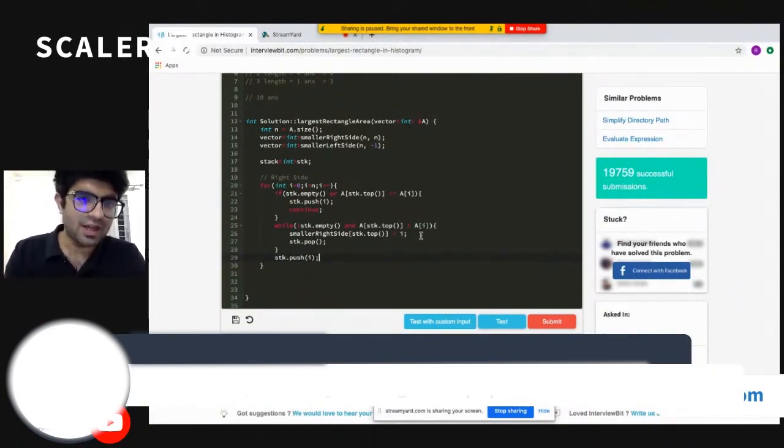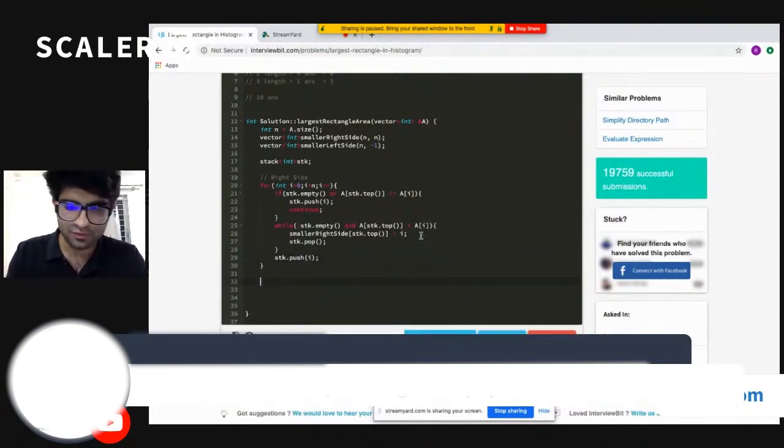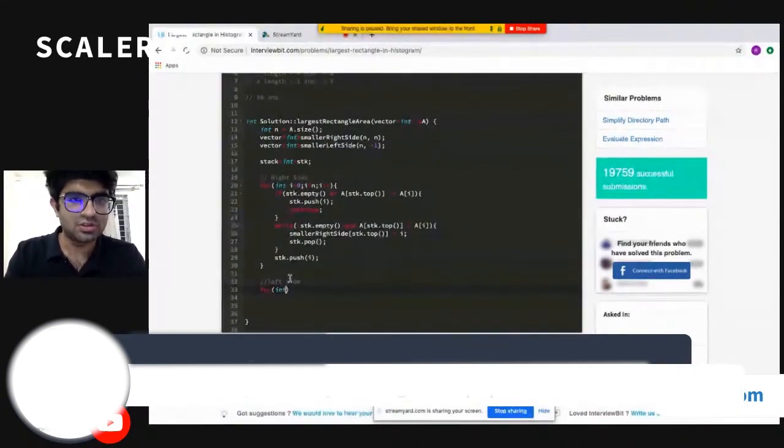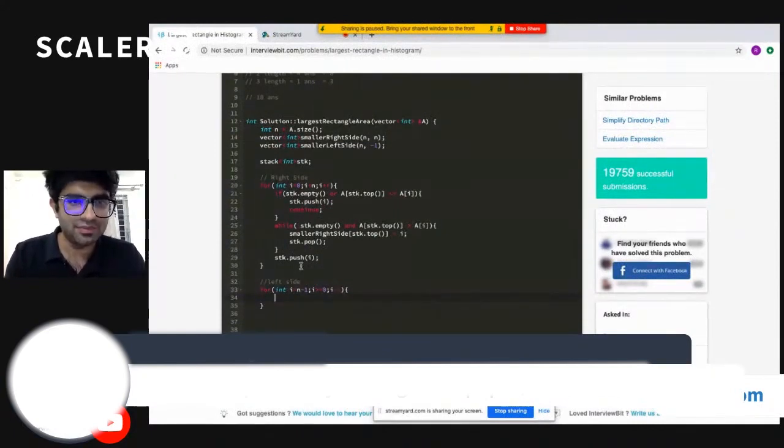Fine. I do a similar thing for my left side to populate that array. I just need to apply the similar algorithm for this case as well. So I move into the left side now, and my algorithm will be something like this only, so I can just copy the same algorithm.